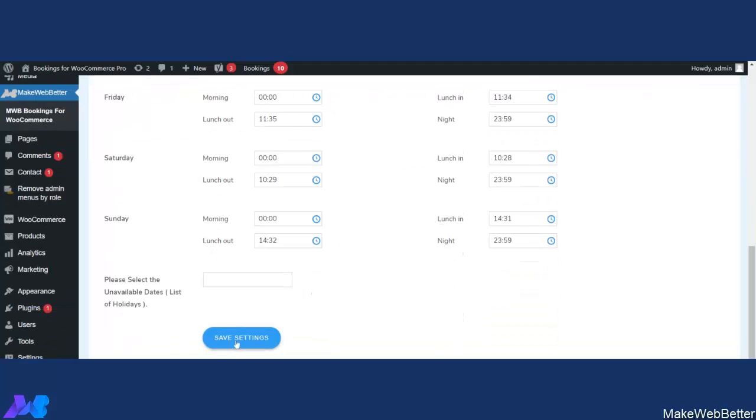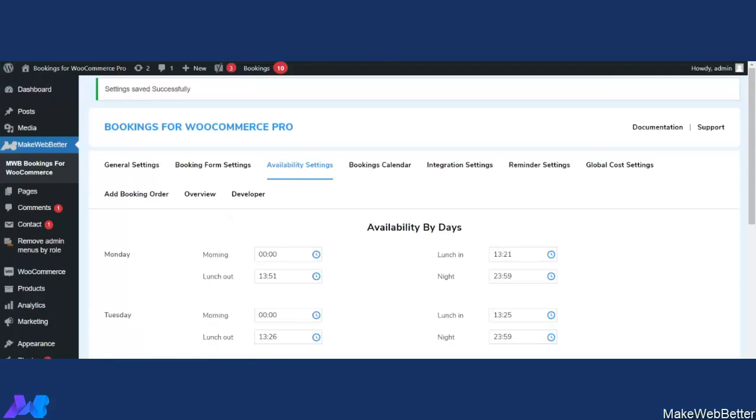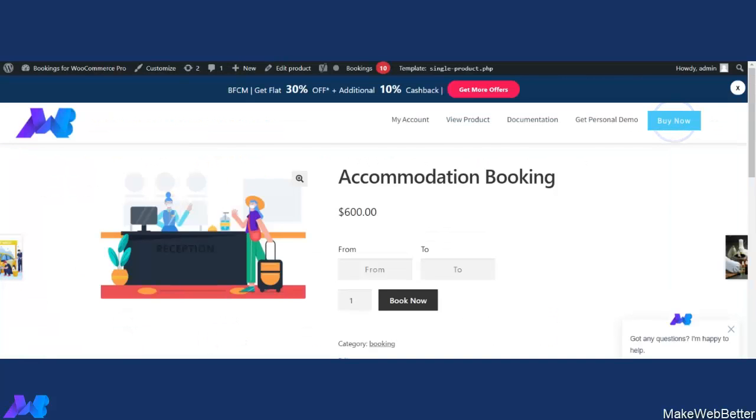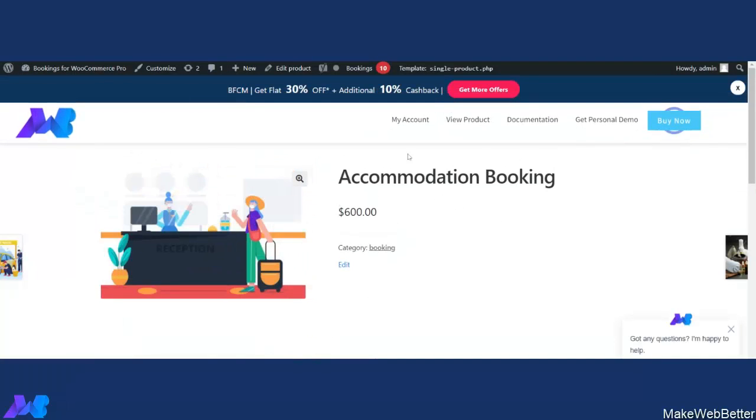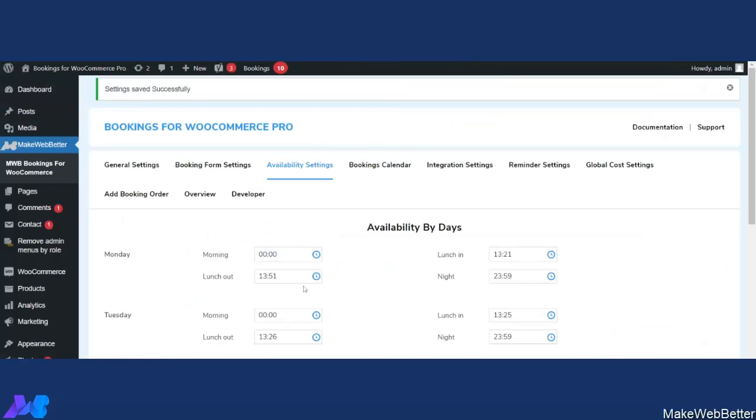Now let's click on save settings, and when I go to the shop page and refresh this, as you can see, at that particular time the booking slot is not available, or the customer will not be able to book the bookable resources for that time, because I have decided the lunch timing as 13:21 to 13:51, and for now the time is 13:48.